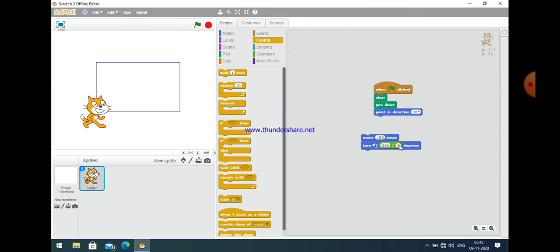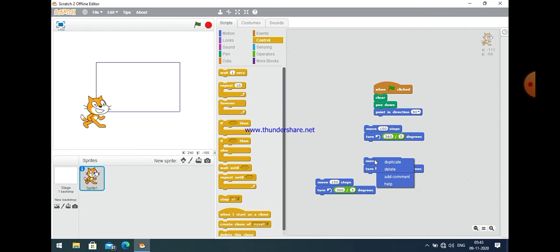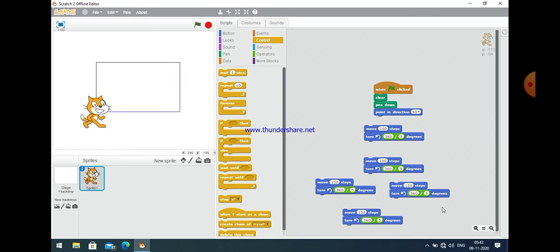Since a pentagon has 5 sides, we make 5 copies of these two commands, move 150 steps and turn 360 by 5, and then connect all of these. After that, if we execute this program, it will create a pentagon.